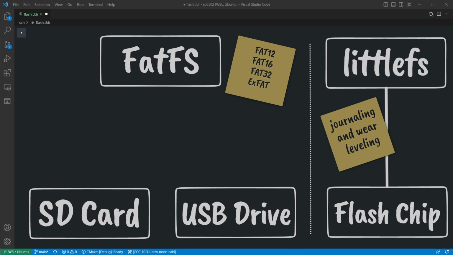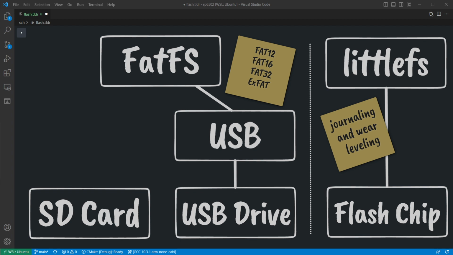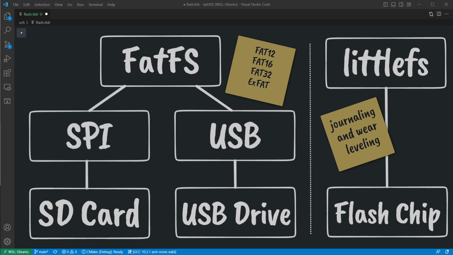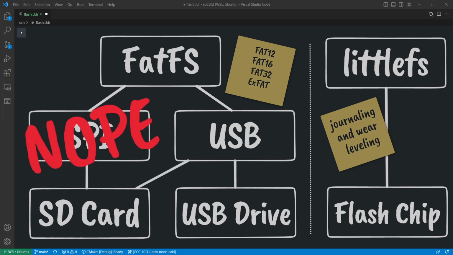Now, FAT can be used on both USB drives and SD cards. USB drives, of course, need a microcontroller that supports USB. SD cards can use SPI and can even be bit-banged if SPI hardware isn't available. I will not be exploring SD cards over SPI in this video. First, SD cards can be used over USB with an inexpensive adapter. Second, my application is an 8-bit personal computer, so I want removable media slots accessible from the front. Modern retro 8-bit computers are only allowed to have one SD card slot, and it cannot be on the front. Fortunately, USB solves all these problems.